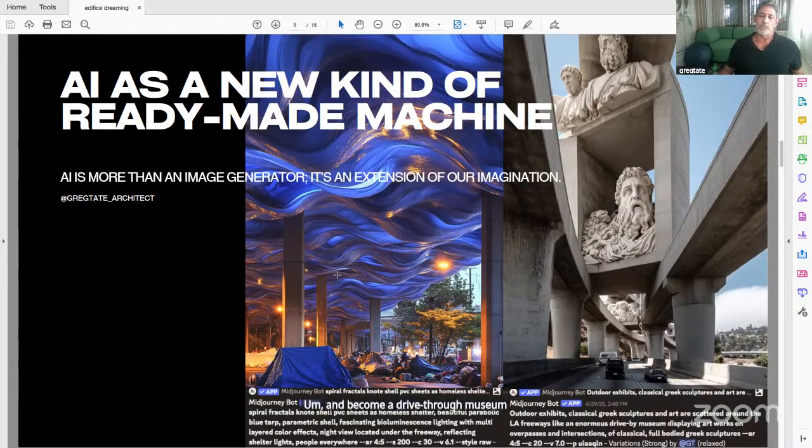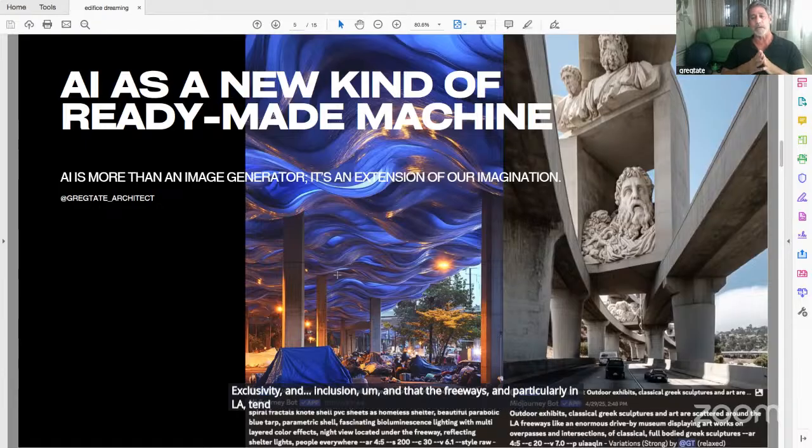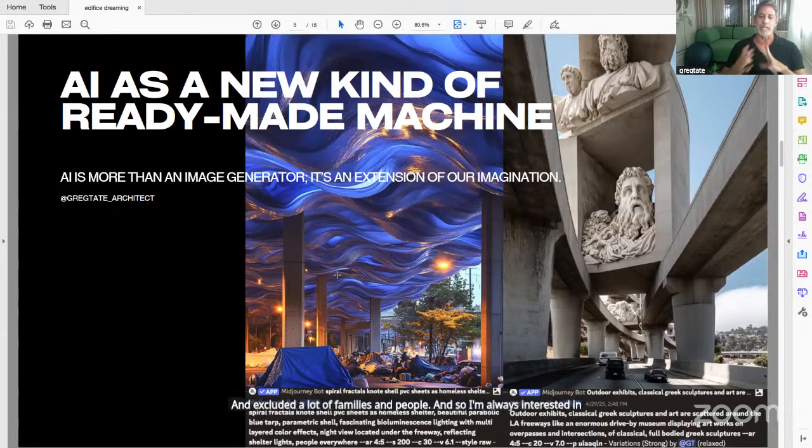So it touches on this idea of exclusivity and inclusion, and that the freeways, particularly in LA, tend to bisect some areas and destroy neighborhoods and excluded a lot of families and people. And so I'm always interested in that sort of tension, I think, is what drives some of these.